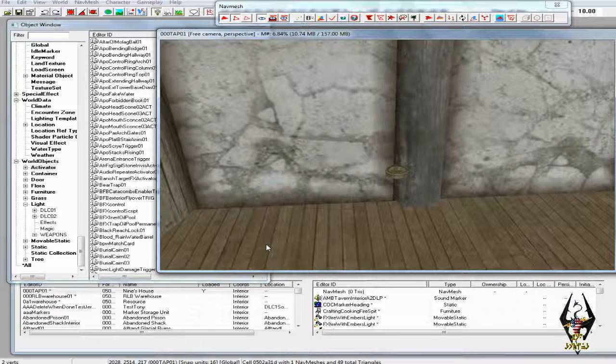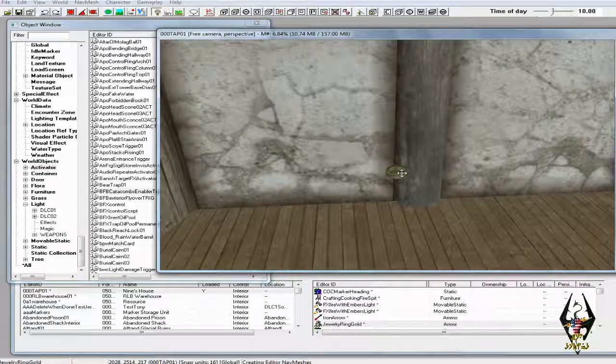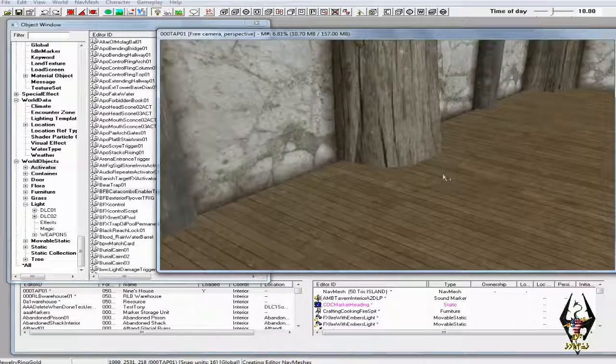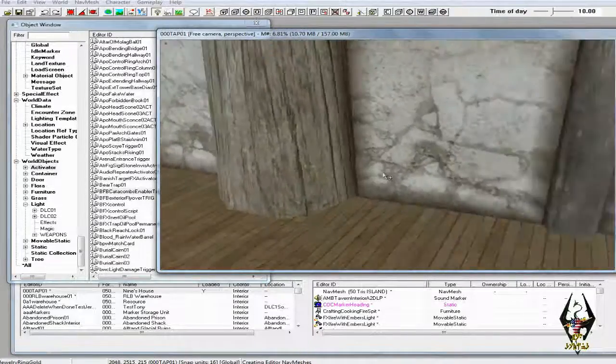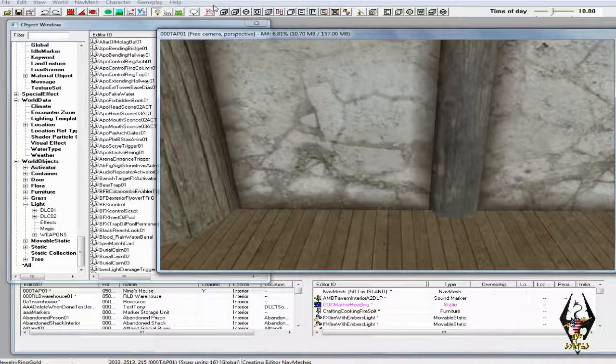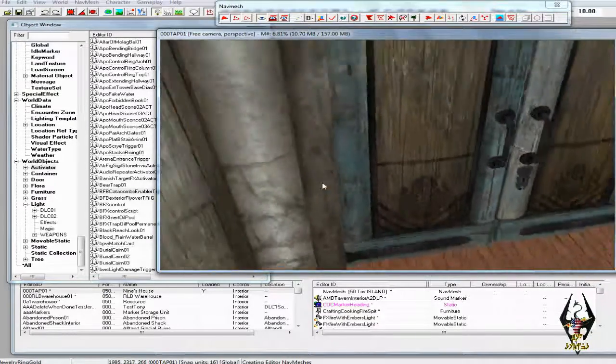Yes, I see that there's a ring right there. Let's close our nav mesh window real quick and select that ring. That's something that got left over that I missed. To make sure there's nothing else in here. I mean, really? Oh, wow. Okay, anyway, we'll turn our nav mesh button back on,